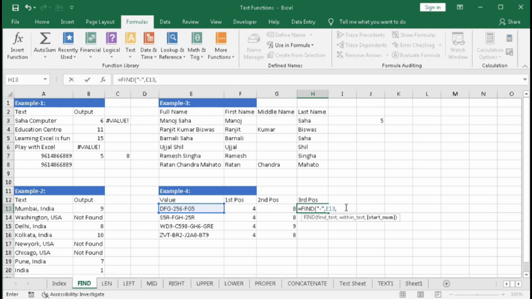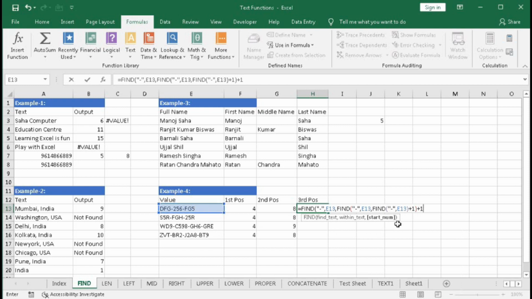So FIND within quotation dash comma within text E13 comma starting number should be again FIND dash comma within text E13, then bracket close plus 1 bracket close plus 1.